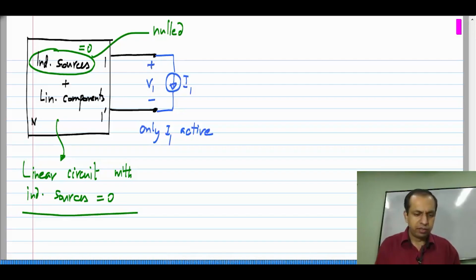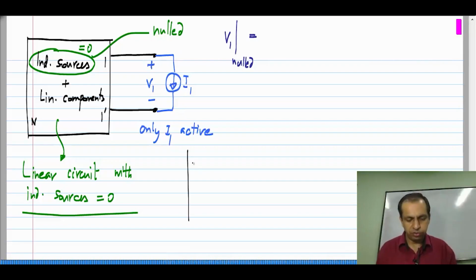Now, we know that this voltage V1 here in this case, V1 with the independent sources nulled will simply be proportional to I1, right, because in earlier lessons and assignments you have solved problems of this type,